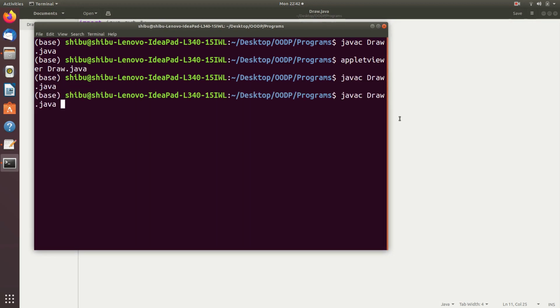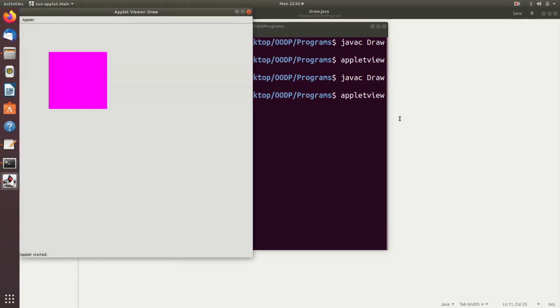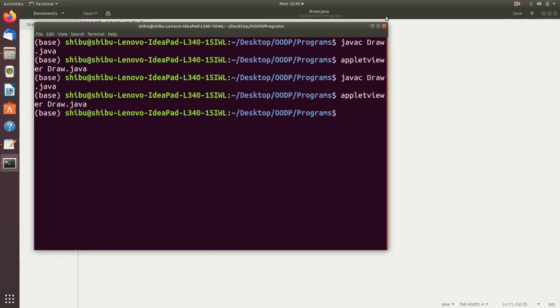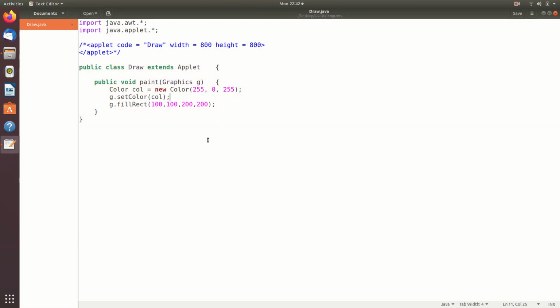So again that compiled successfully. Let's see how the applet looks like. Yeah, you can see that the color of the applet has been changed. Color of the rectangle has been changed. So this is a very basic example on using color in an AWT package, and as we have seen, AWT provides a good mechanism for handling color